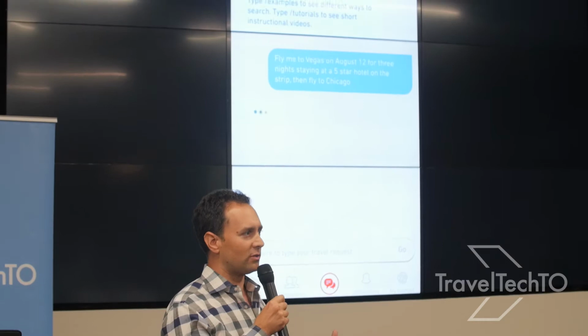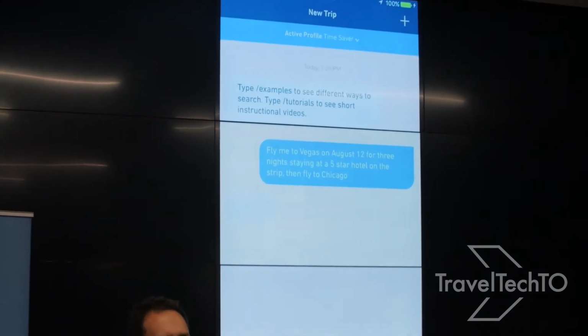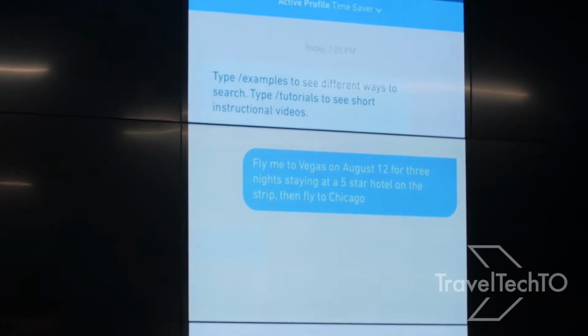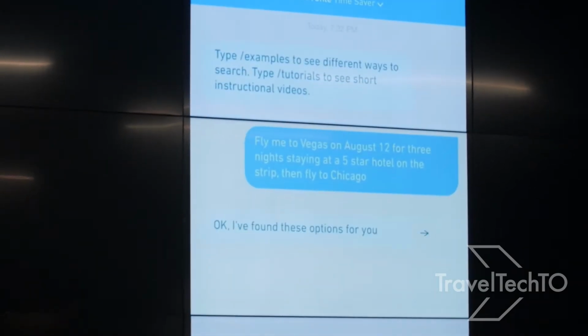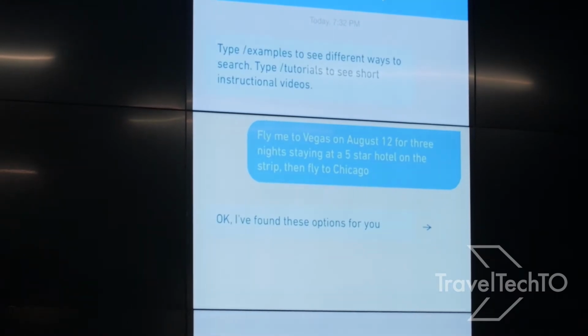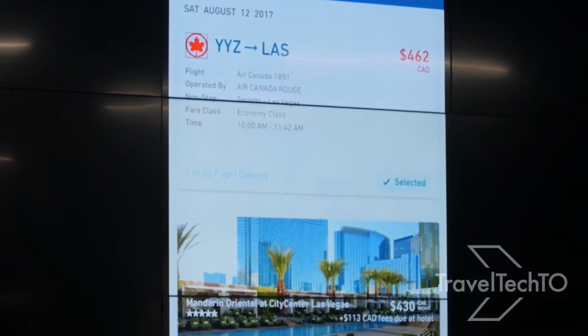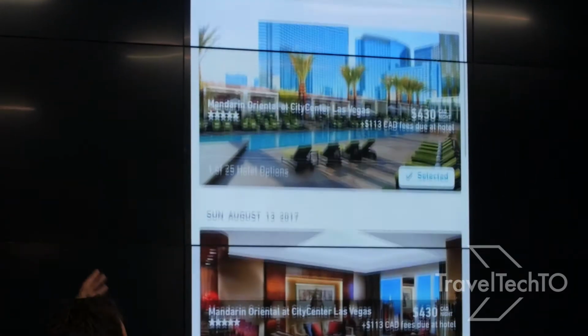Now, if you were trying to do this on a supplier airline direct site or an OTA site like Expedia, you'd literally have to do 3 searches. You'd have to search for a one-way flight on Air Canada, then go to hotels.com to do a search for hotels, right? And then you'd have to look for another one-way flight from Vegas to Chicago, probably on United or American Airlines. But with HelloGbye, I've created this fully scheduled itinerary in about 14 seconds,